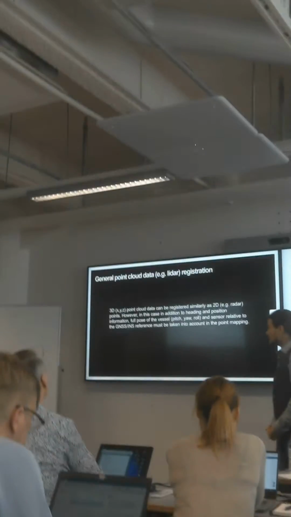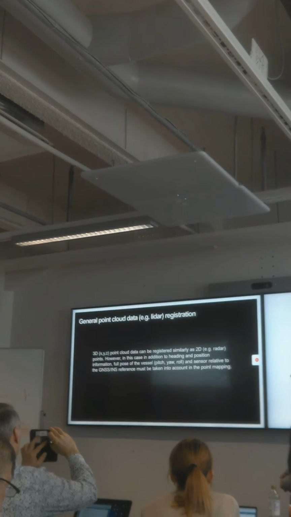This radar is good because there you just basically have the azimuth and the range. It's very easy to understand how this correction works. With LiDAR or whatever point cloud data, you can think of radar as point cloud data on a plane. So then radar actually lives in the same space as LiDAR. But for generic point clouds like LiDAR,